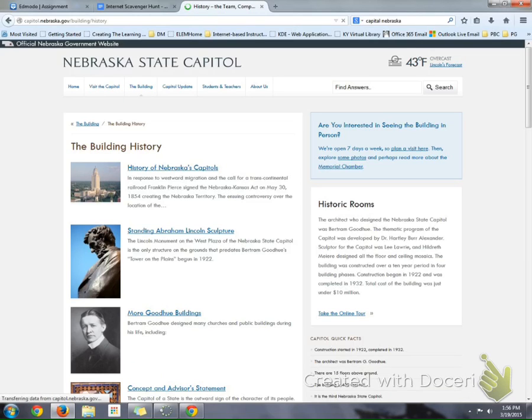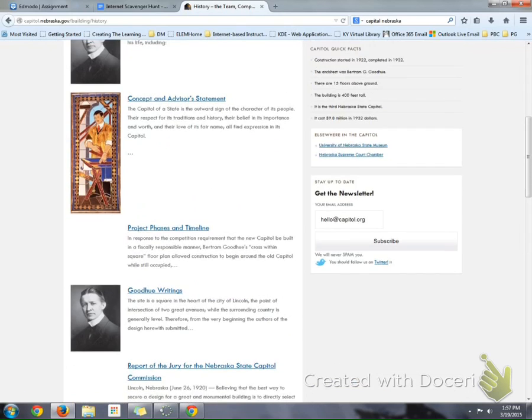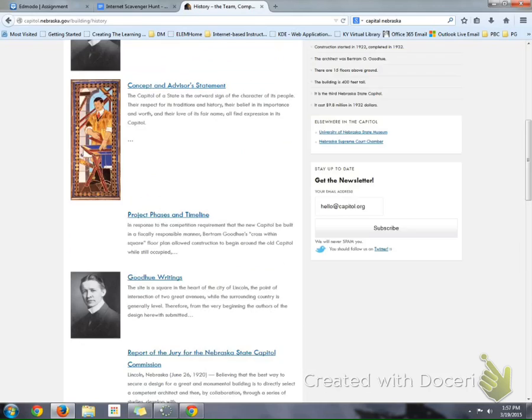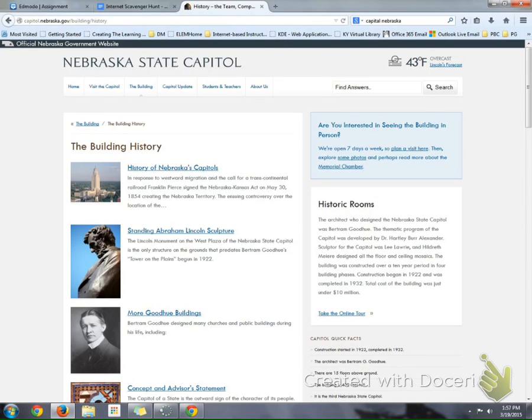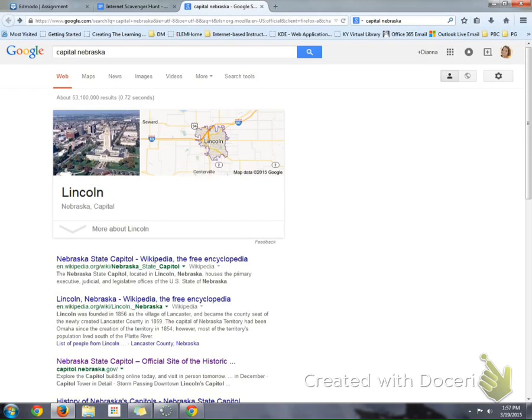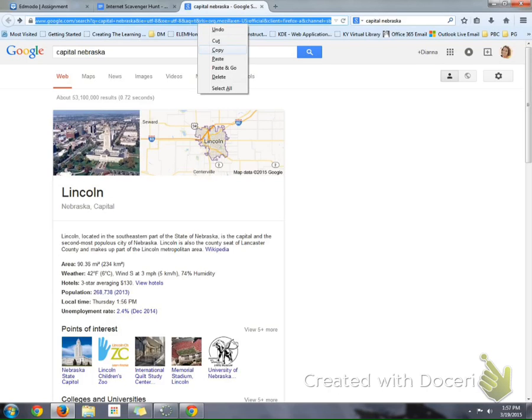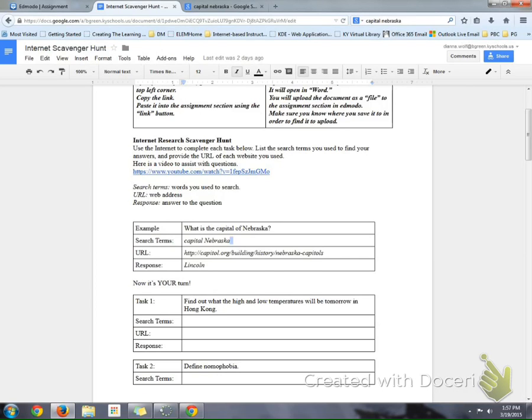And this actually talks about the Capitol building, not actually the Capitol being Lincoln. So you want to make sure that you understand that as well. So the capital is Lincoln. And there's even more information if you needed it. So you can take the URL at the top, copy it, and then put it here. In this one, I found it at thecapital.org. So if I highlight it